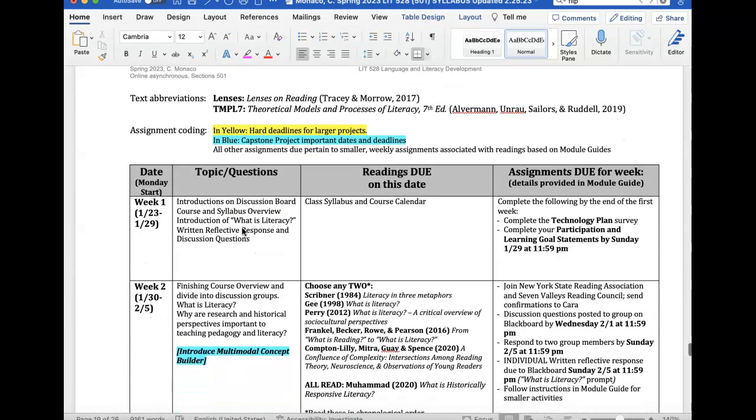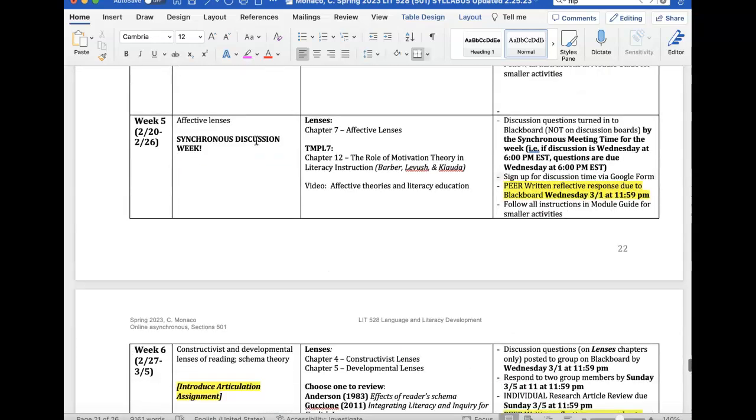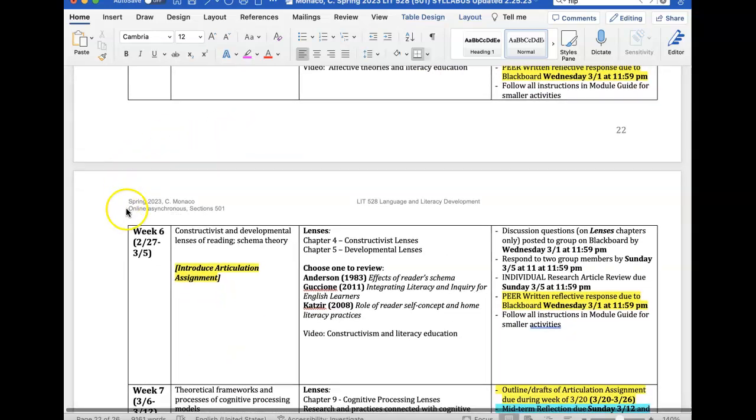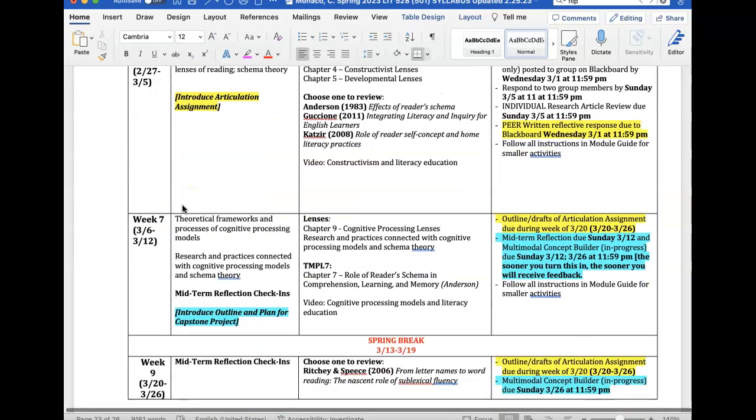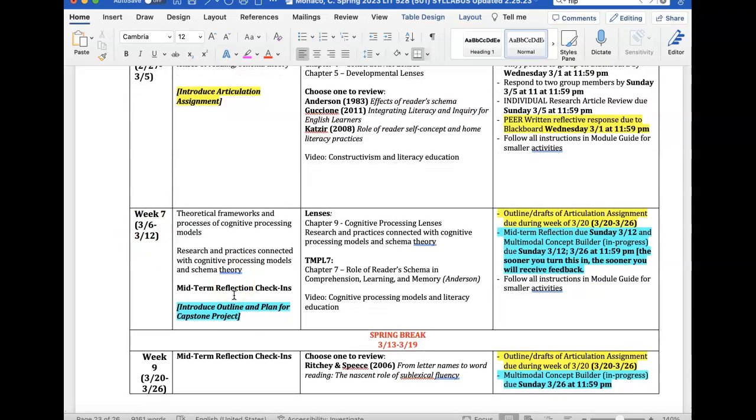And so then moving into the schedule. So the error that I noticed was that we were missing a week 7, March 6th through March 12th. So this was a larger error, and I apologize. I don't know what happened there. So this actual week was not included on the syllabus or within the syllabus originally. So nothing too great has changed here.